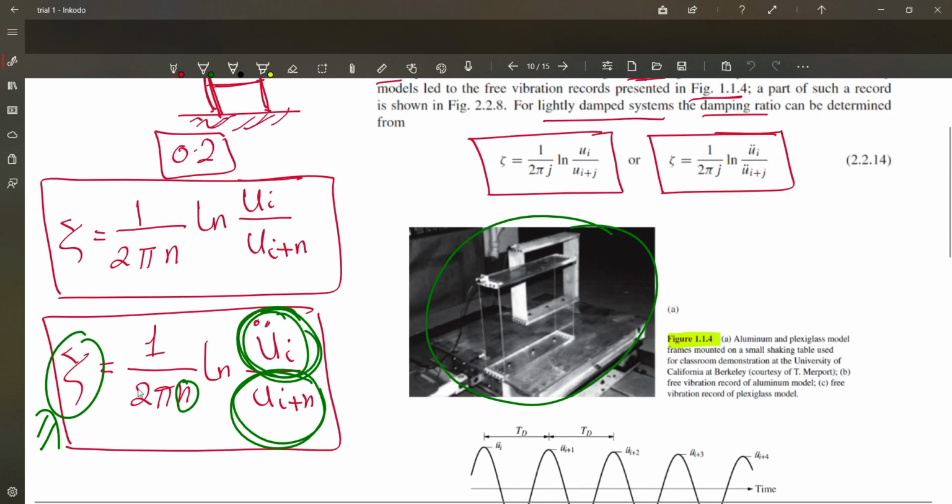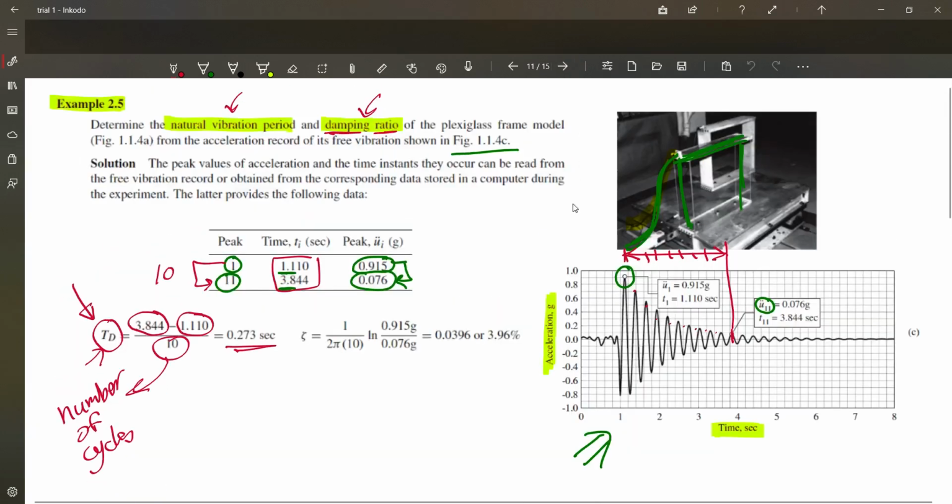This is the damping ratio, 1 over 2 pi n ln u double dot i over u double dot i plus n. Actually here this is double dot. Okay, I'm sorry for this. This is double dot. Okay, in this case we are going to have the next part here, which is related to the second requirement